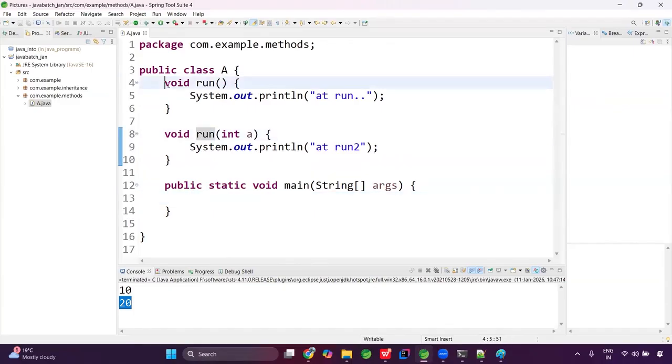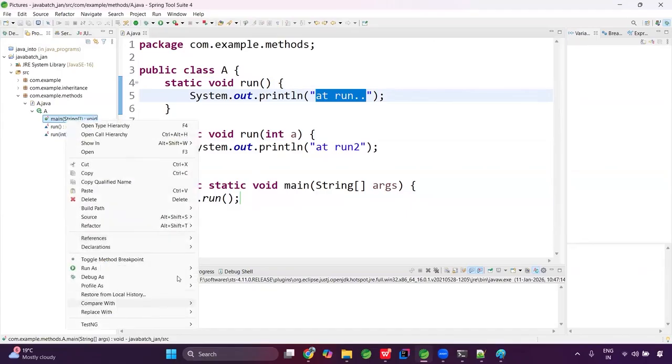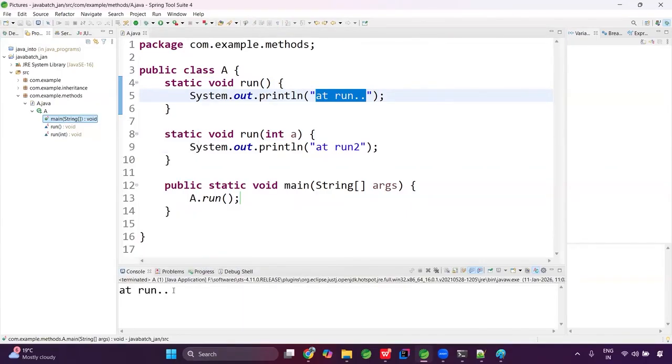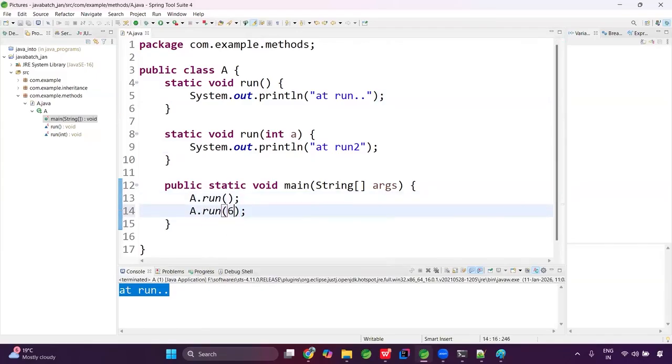If you want, I can make it static also. Methods having the same name, you can see both methods are run, but different parameters. Here I don't have any parameter, here I have a parameter. So when I do a dot run, the no-parameter run will be printed. But if I pass some parameter, let's say 6,